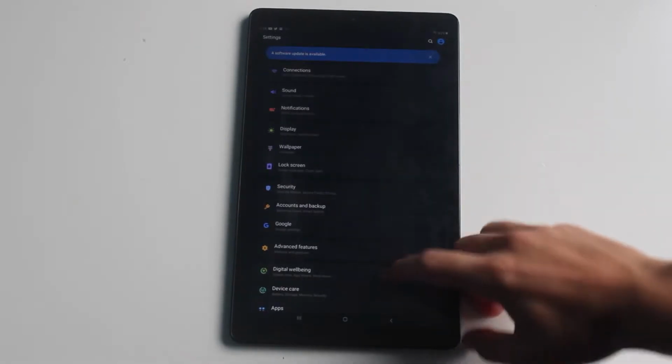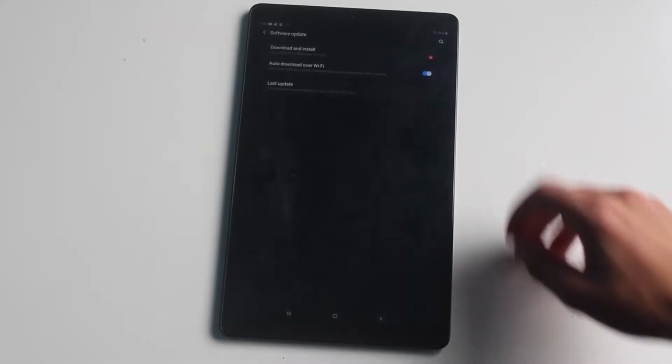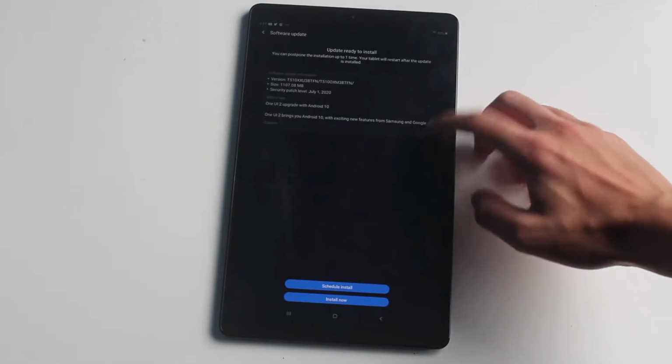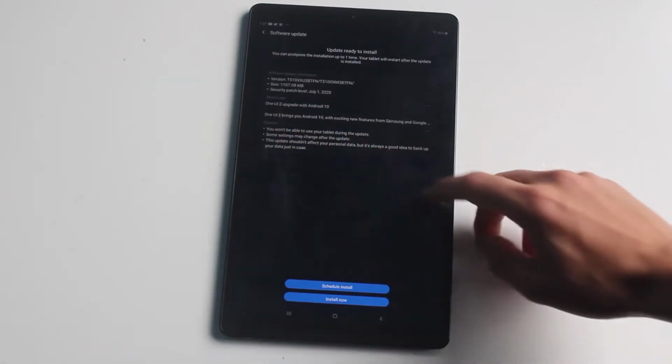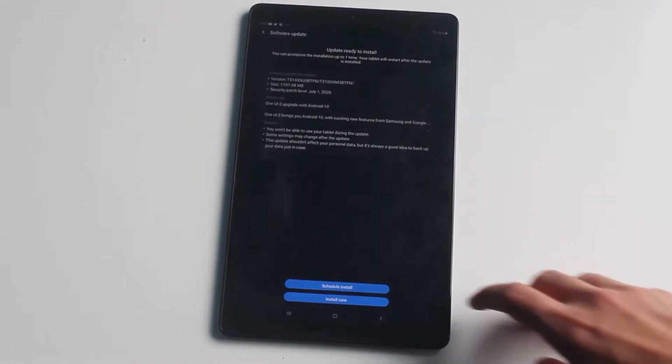Alright, so here is the update for Android 10 on the Tab A 10.1 2019. So here it is. There's also an update for One UI 2. So let's see if